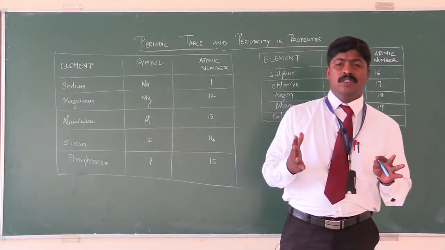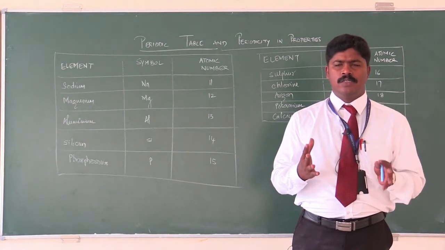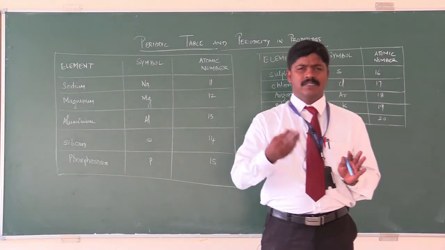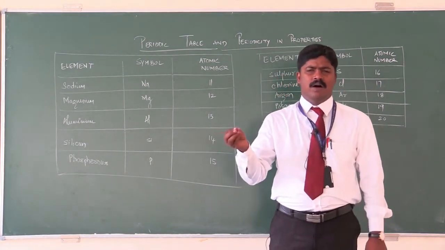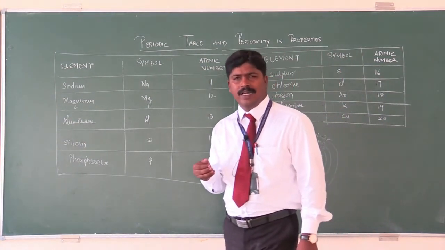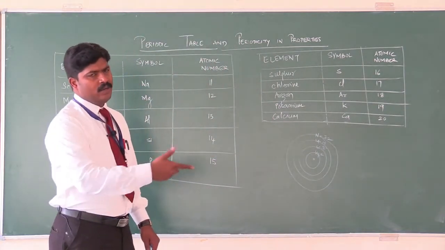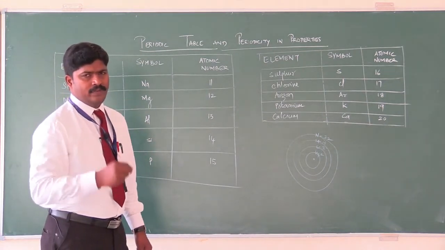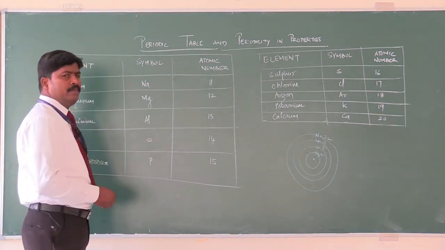Yesterday I told hydrogen, helium, lithium, beryllium, boron, carbon, nitrogen, oxygen, fluorine, neon. I think I finished 10. Today I introduce 10 more elements with symbols. If I tell the symbol, you must know which element it is, or if I tell the name, you must be able to write the symbol. Beyond that, you must also know the atomic numbers. Very important for us. Why? Because at the next stage, when we learn electronic configuration, it will be very easy for you, because I'll explain in detail how we write electronic configuration. Element, symbol, atomic number are very important for us.